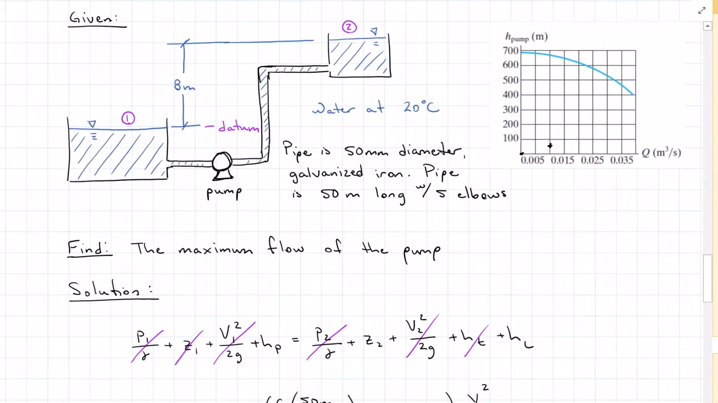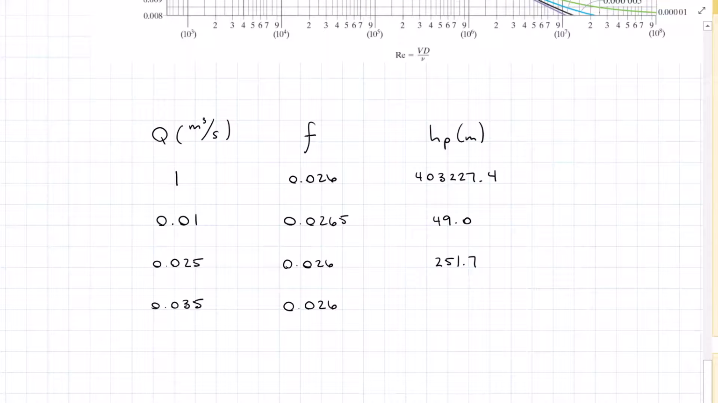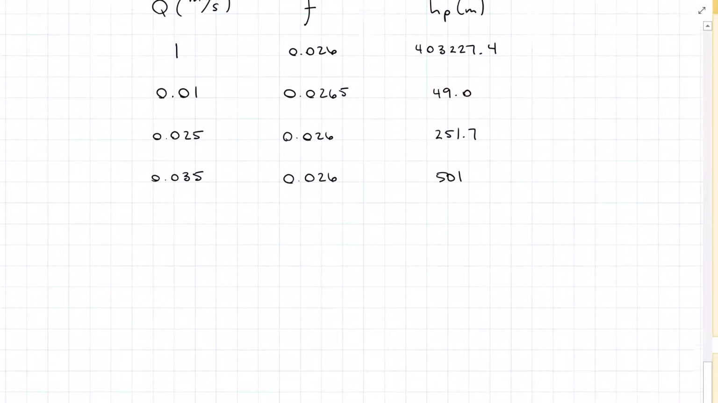So coming over here, 250. So that gets us right about there, okay? So you can see this curve come in here. And this is what we're trying to reach. So what is that? That is about 0.035. So let's give that a shot and see if we get a head around 450, which is what we're looking for. This time I calculated a head of about 501. That's going to be a little high, so let's bring it down